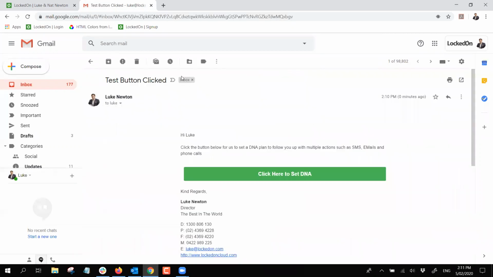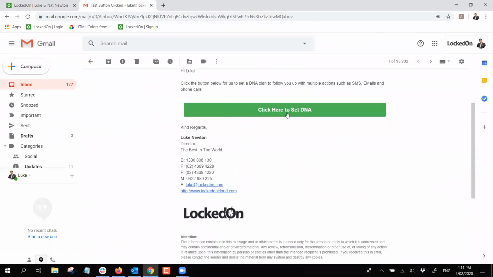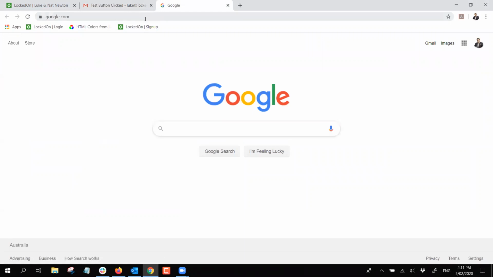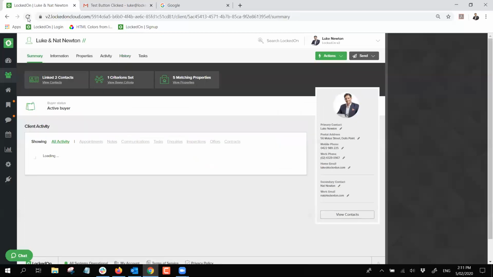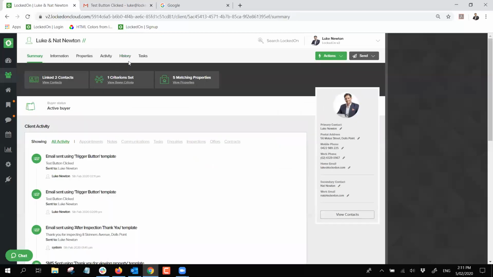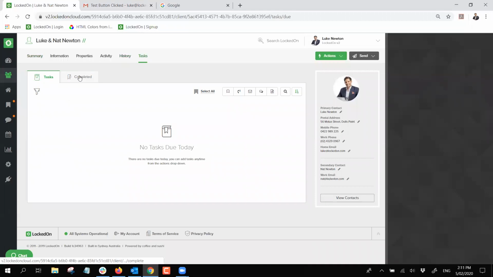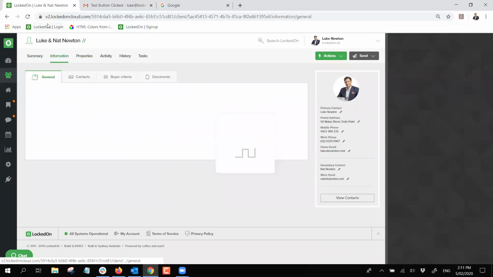We can open up the particular email, and we have the actual button here. Now, when the button gets clicked, it directs the user to whatever URL, and I've directed it just to Google. So that could take them to your landing page, a property, whatever you want, it's specified on the button. If we go back into my client now, we will be able to see that in the tasks area, if we refresh here,